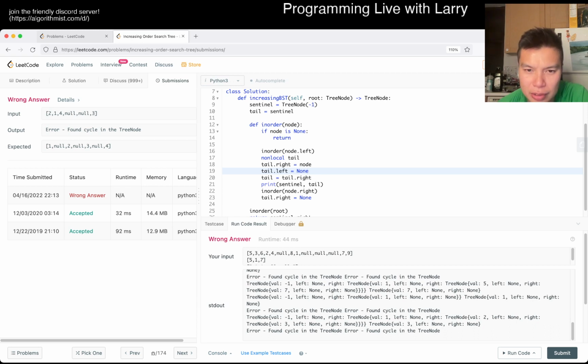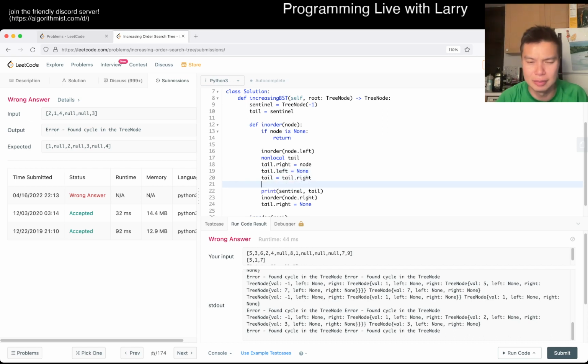And so the current tail dot left is equal to the tail node, which is 3. Is the non-local thing, am I doing that wrong? I'm trying to think. It's possible that non-local... This is why global things are always a little bit tricky. I do this thing to move to the next node, but I wonder if this thing